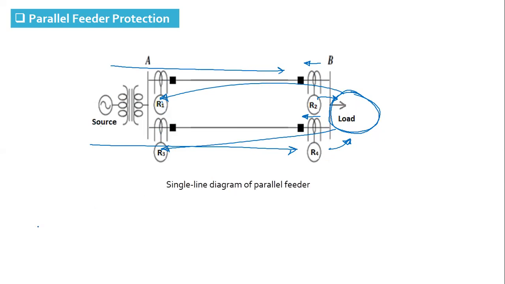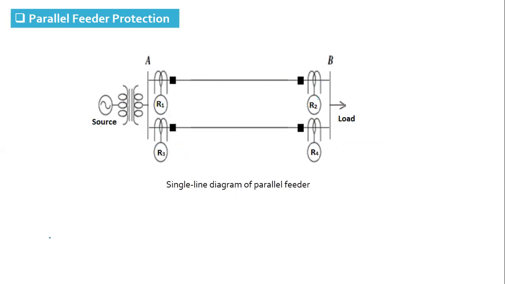Okay, clear? Any doubt in this? So how is the relay setting done in this case? The relay setting is done in a way that when you know the total load on the feeder,